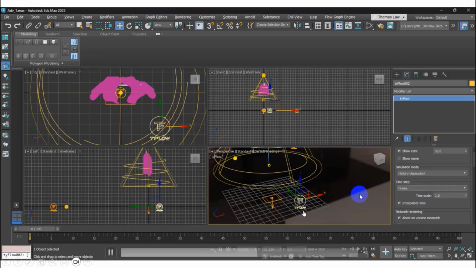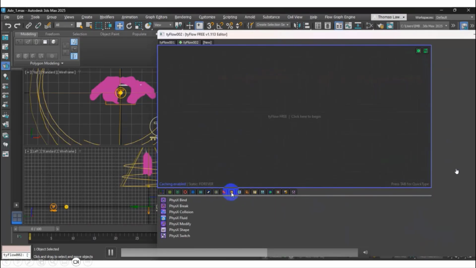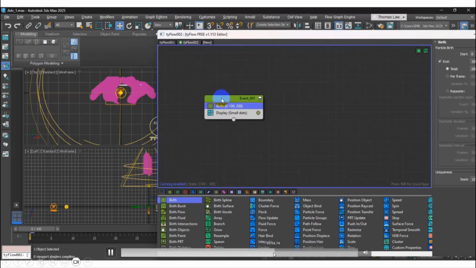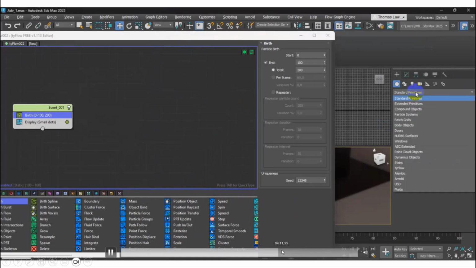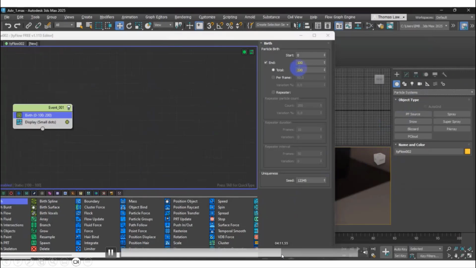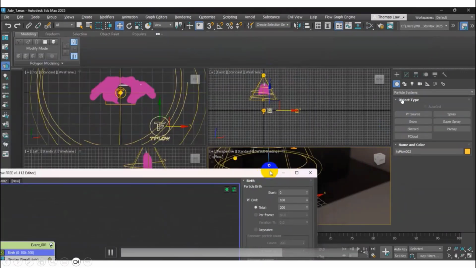Okay, so once I get the TyFlow, then I go to the open editor. Again, we need to put some bird. This is the bird. That's why we need to drag the bird. After we drag the bird, I'm showing you how